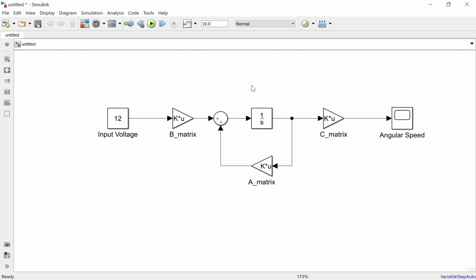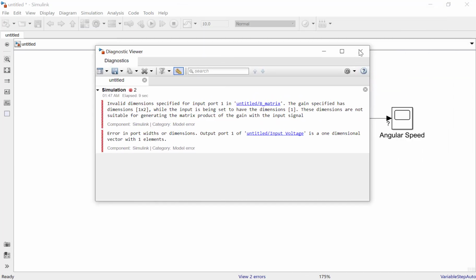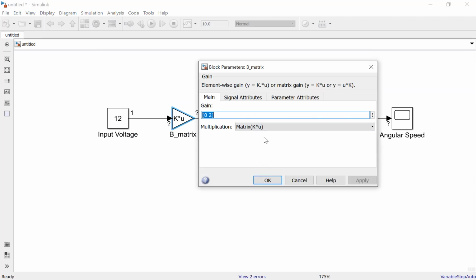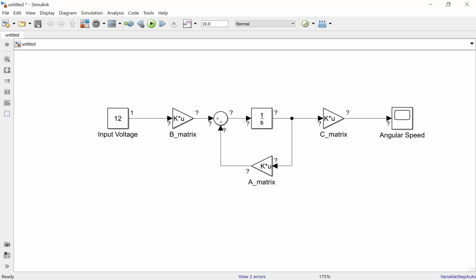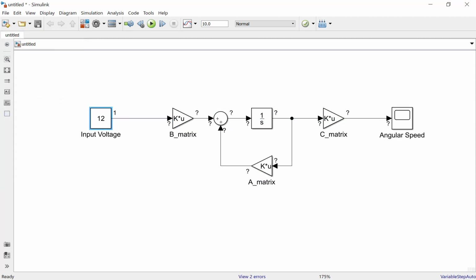Okay, we will make the simulation here by clicking the run button in Simulink, and please wait for the simulation to finish. Sorry, there are some. Okay, I think I have a mistake here.